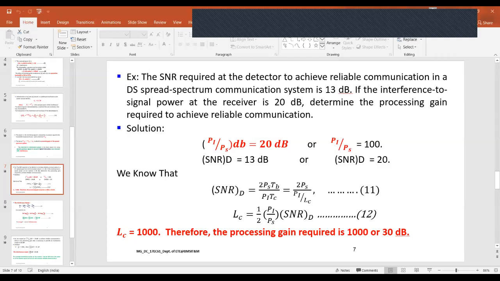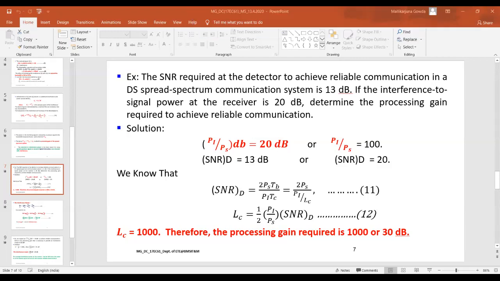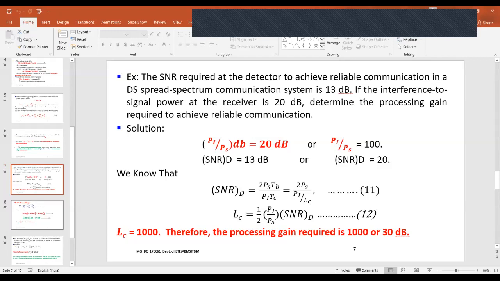This is one example which we can understand. They give the required SNR and the interference to signal power ratio at the receiver, and they may ask you to find the processing gain. You need to use these formulas. So next one is